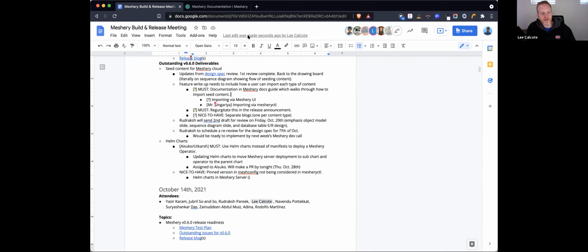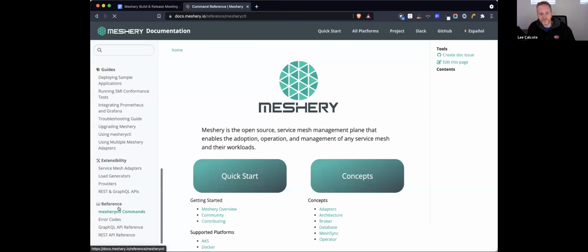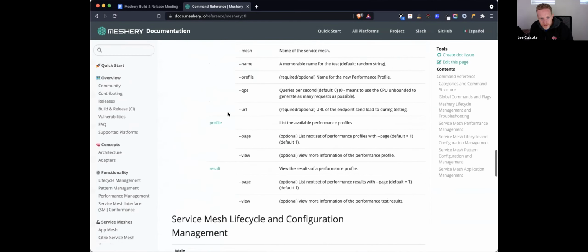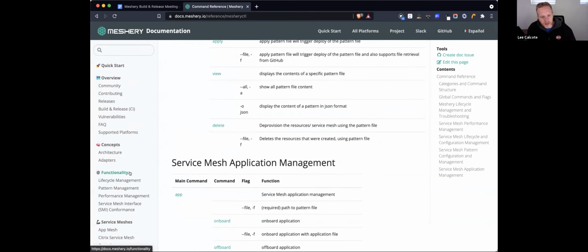Piyush, would you mind... This isn't about the Meshery CTL reference guide. I think we have filters, apps, and patterns covered there. That's good. This is about a write-up under functionality, like pattern management.